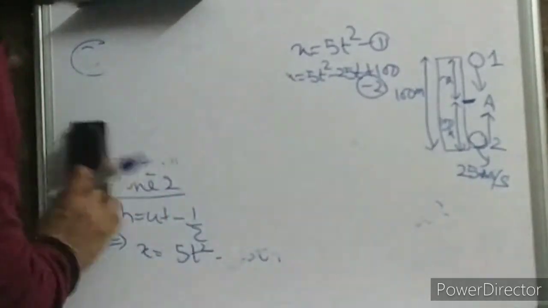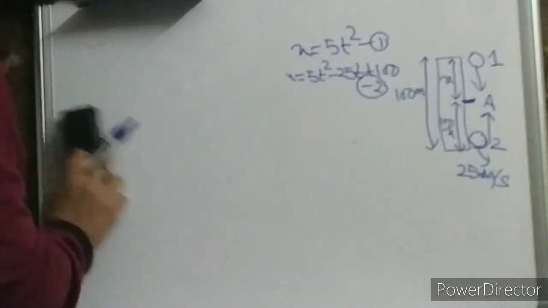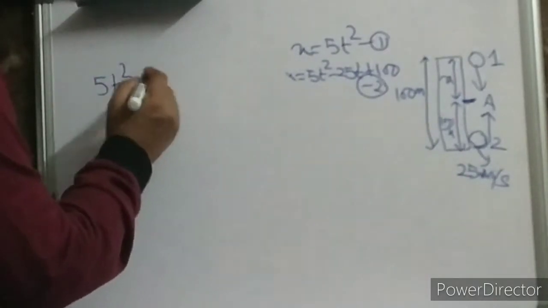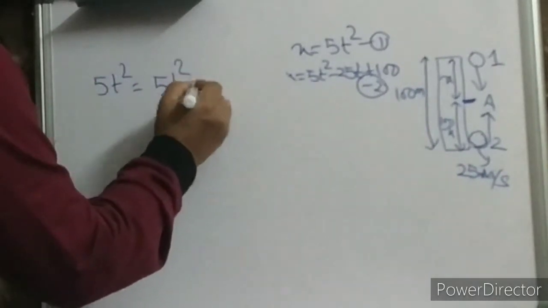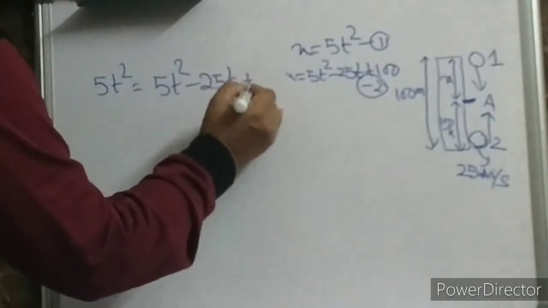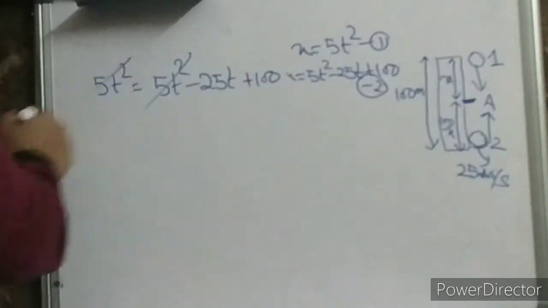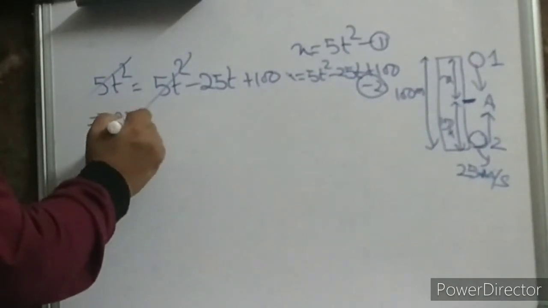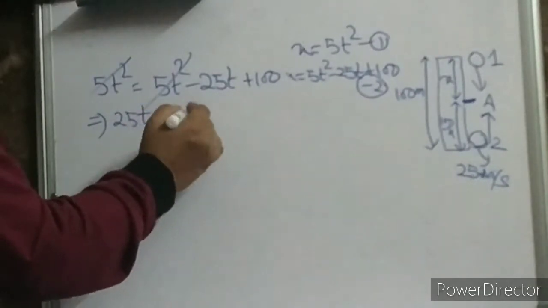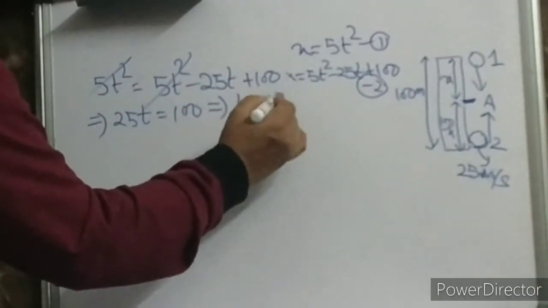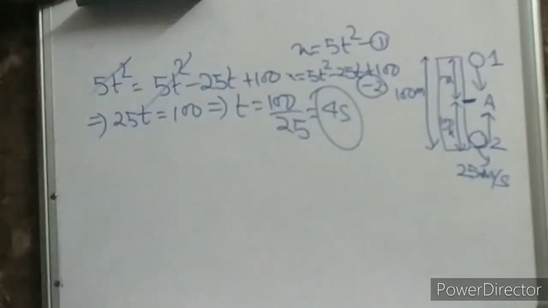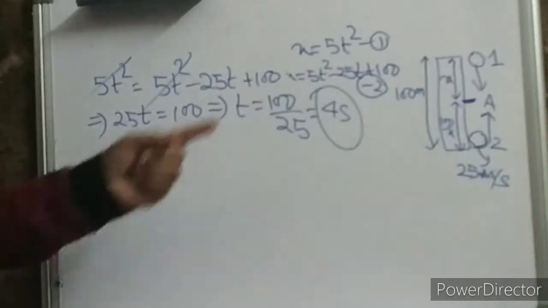Now since left hand side are equal in both the equations, we can equate the right hand side also. So 5t square from equation 1 equals 5t square minus 25t plus 100. It's clear? 5t square cancelled. So what is your t now? 25t is equal to how much? 100. So t is 100 by 25, that is equal to 4 seconds. Now you got your time. That means after 4 seconds